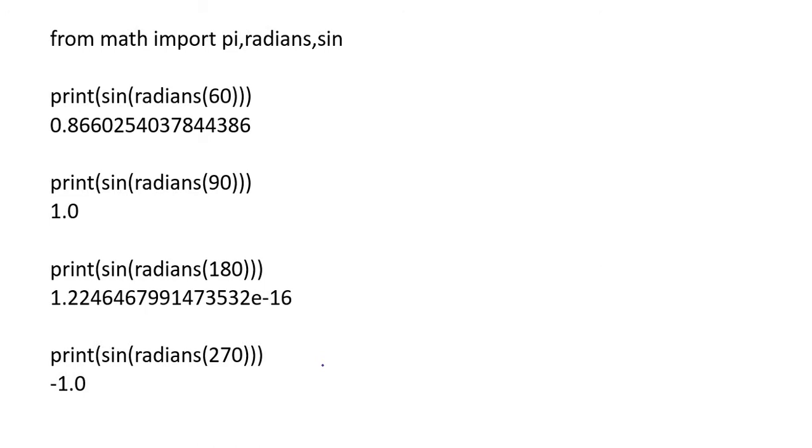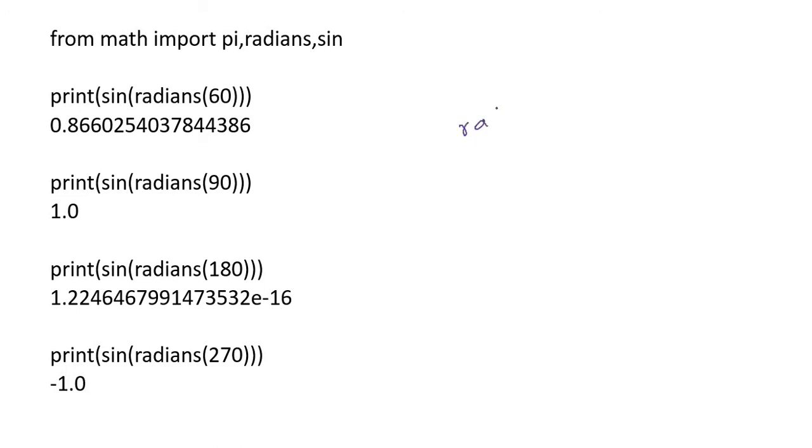So you need to convert those into radians and feed those as the input. So there is another built-in function. Even though your angle is in degrees, you can use the radians built-in function so that the degree value is converted to radians.